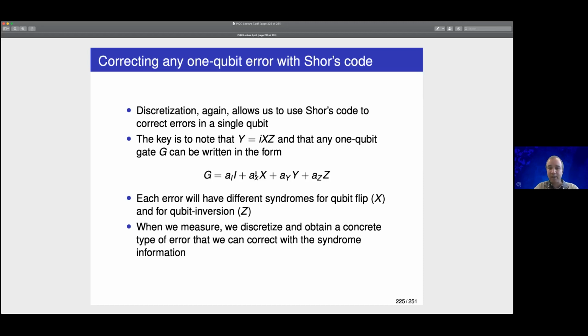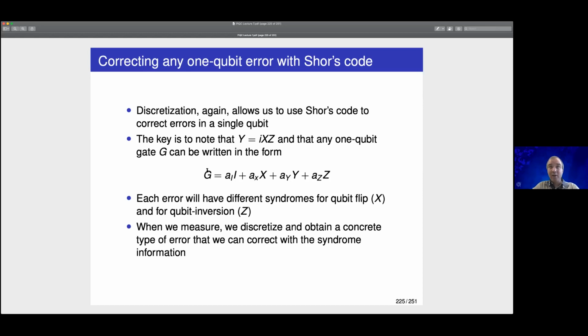There are more general errors, and this works also for that kind of error model, but imagine that the error that we are considering is just a unitary